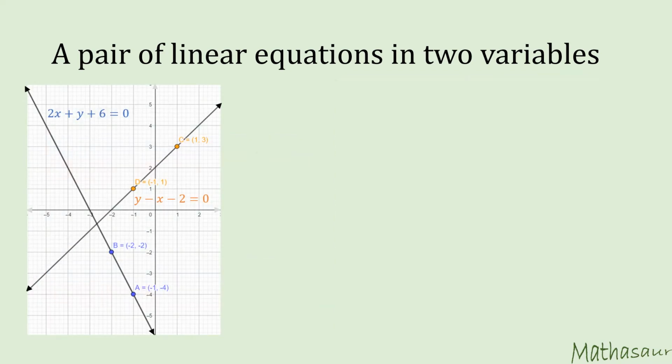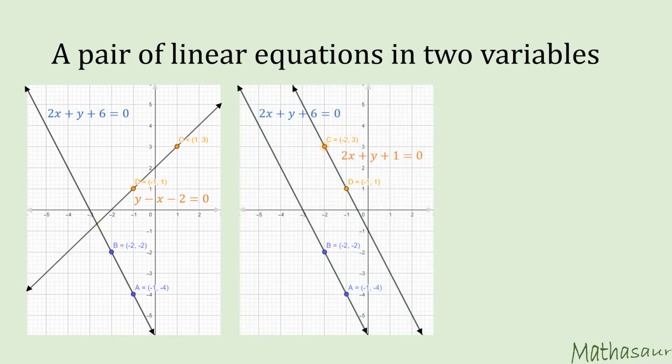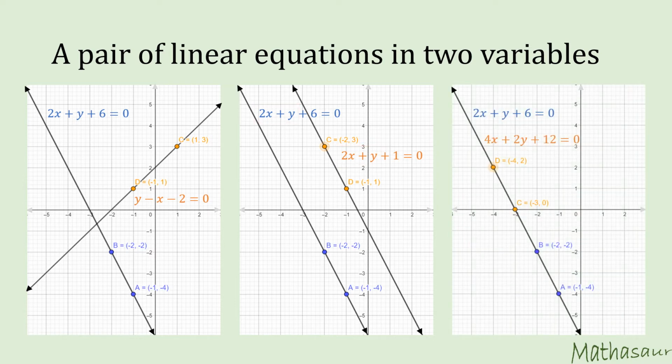So when we are looking at a pair of linear equations in two variables, there are three possibilities. One, where the two straight lines intersect. There is something special about this point of intersection that we'll see in the next classes. Another, where the two straight lines are parallel. Note that the coefficients of x and y variable are the same here for parallel lines. And there is a third possibility where the two lines coincide. Here you can see that one of the equations is a multiple of the other. In short, they represent the same line.